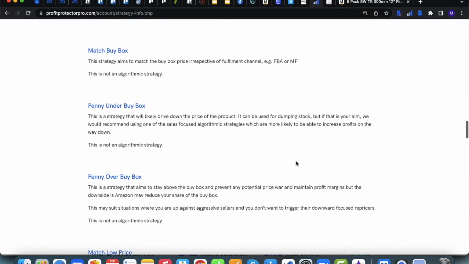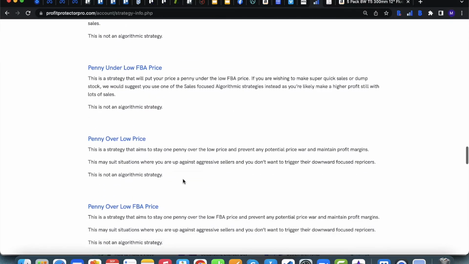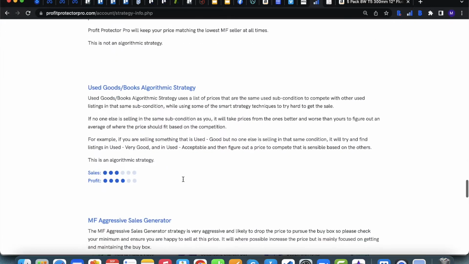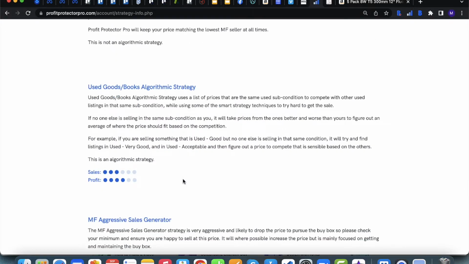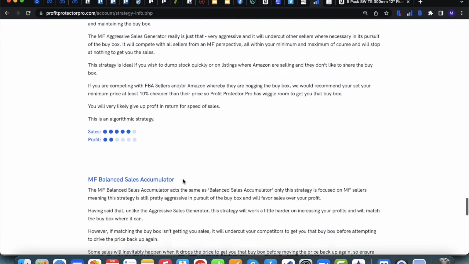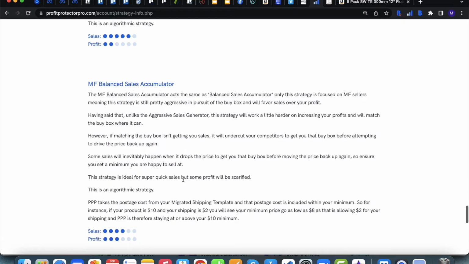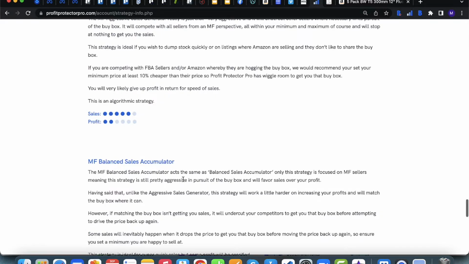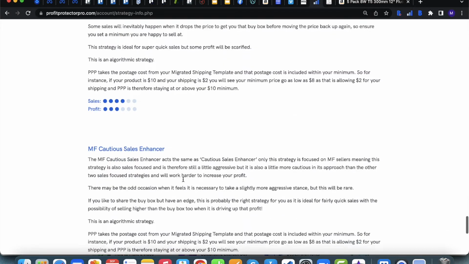You've also got the rule-based strategies, which do exactly as they suggest in the title, very simple, very straightforward, and very to the point. You've also got the used goods and books algorithmic strategy if you are selling any used goods or books. And then you have the merchant fulfilled strategies, which you'd probably want to use on any merchant fulfilled products, especially if your competition is mostly merchant fulfilled as well. Just use these if you have any FBM products.